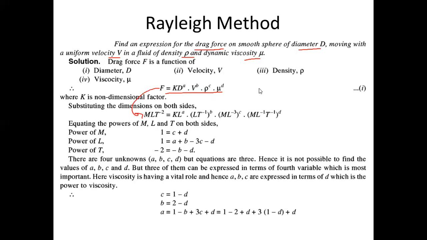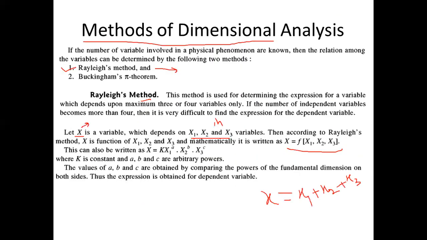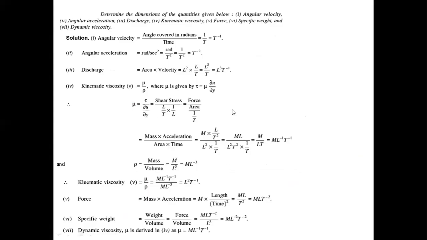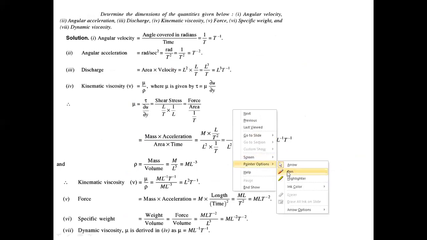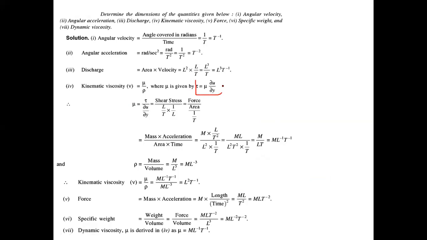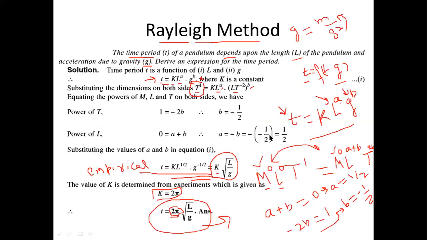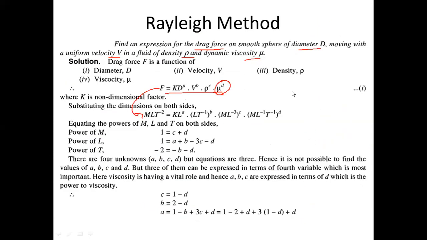Now the problem is viscosity. Okay, so viscosity, we have done the question in the previous example in the last class to derive dynamic viscosity. If you were there in the previous class, you may remember. I need to move into the previous slide here. We solved this question. In this question, we found from Newton's law of viscosity, we derived the fundamental dimensions of mu. Fundamental dimensions of mu came out to be M L minus 1 T minus 1. Right? So using this also we can do it. So fundamental dimensions of mu is M L minus 1 T minus 1.